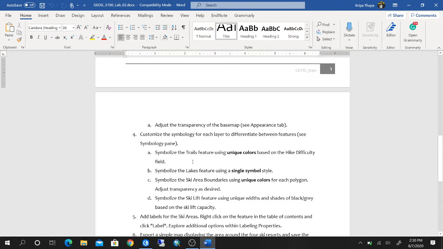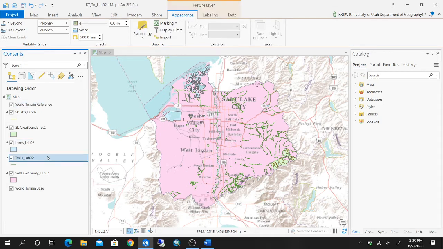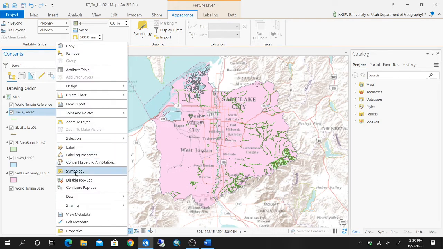So the first thing is we're going to change our trails. We're going to categorize it into the difficulty levels, and we're going to have different colors indicate that, right? So let's just go ahead. I'm gonna click on my trails layer right here. I'm gonna bring this up for better clarity. So I think everything's just green here. So I'm gonna right click on this, go to Symbology,